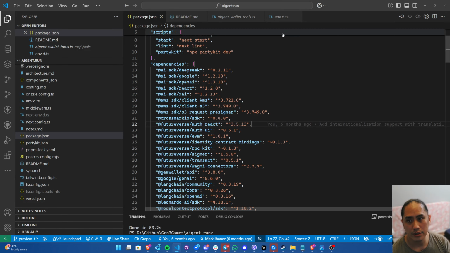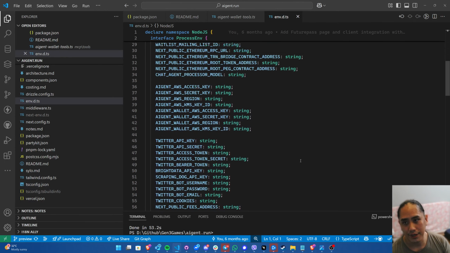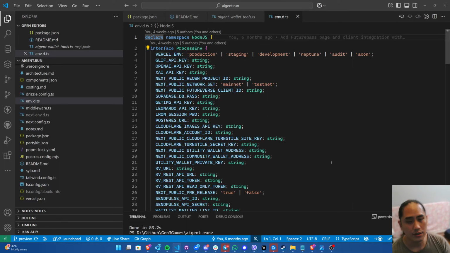Also, there are tons of environment variables in here. It's defined in this file, the env.d.ts file. Yeah, so that's basically the short and quick tour of the agent.run